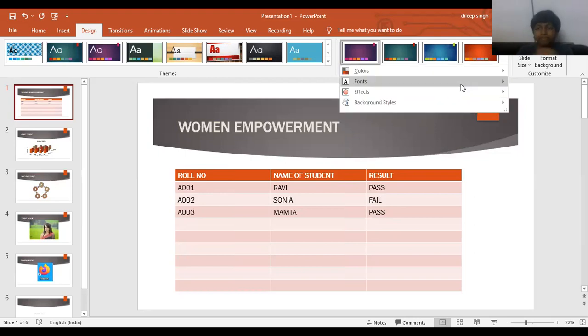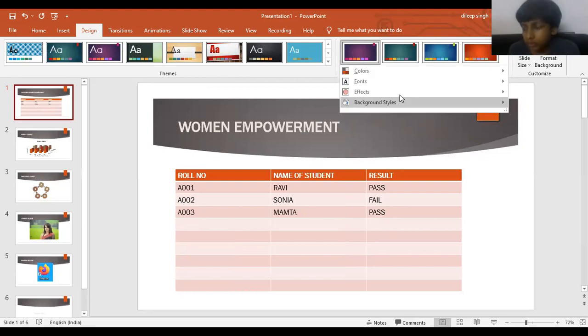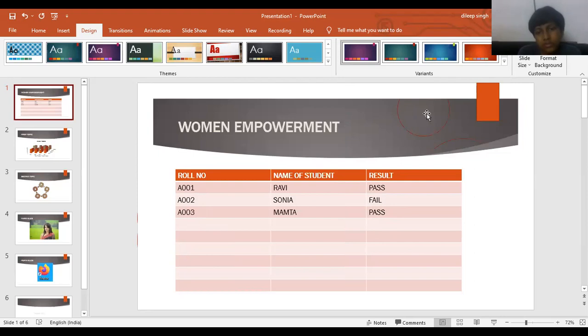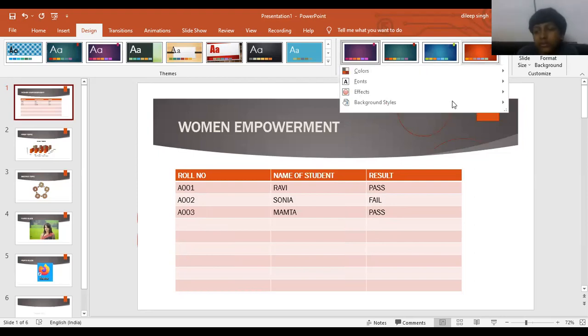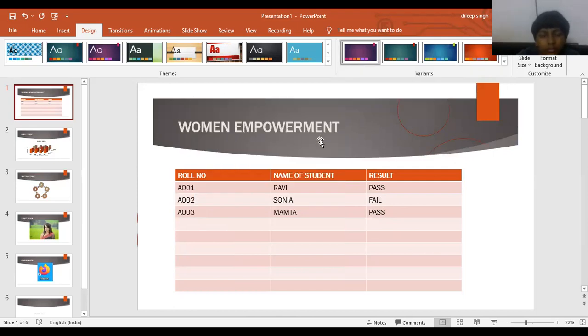Okay, and here's the effect. It will also work like this. If we want to add some effect, we go for this option, that is effect. There you can easily observe these types of symbols appearing in this particular section. And here's the next option, that is background style. If you want to change the background style, there are different types of backgrounds available there. You can choose by using this like this. Okay. These are the different types of design themes. You can select any one for your presentation.